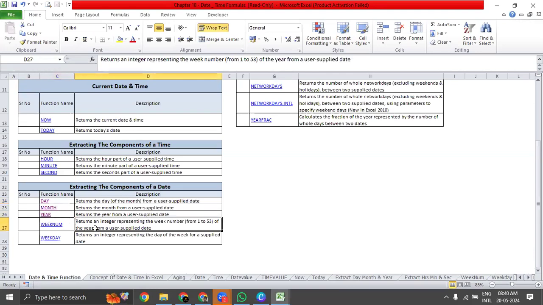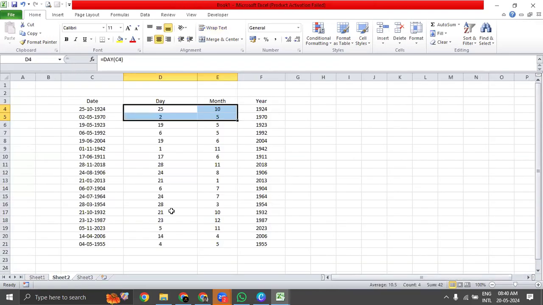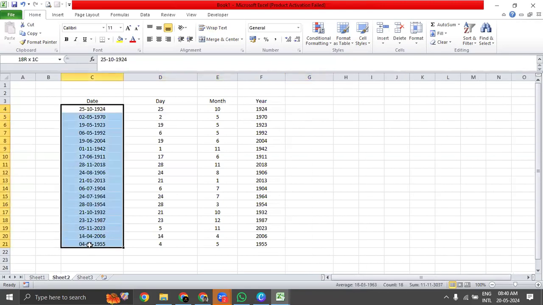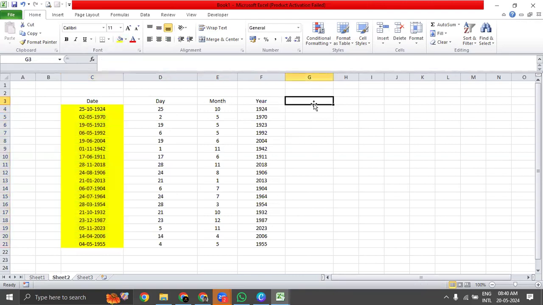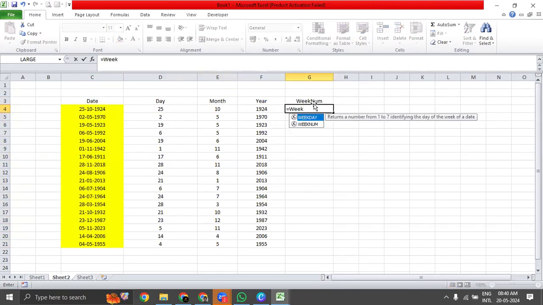Same goes with your week number. What do you mean by week number? It returns an integer representing the week number from 1 to 53 of the year from a user supplied date. So if I continue with this date, which is a supplied date, let's consider this column as a supplied date. And here, what I want is a week number. So I'll type week number at the top, equals to WEEKNUM,